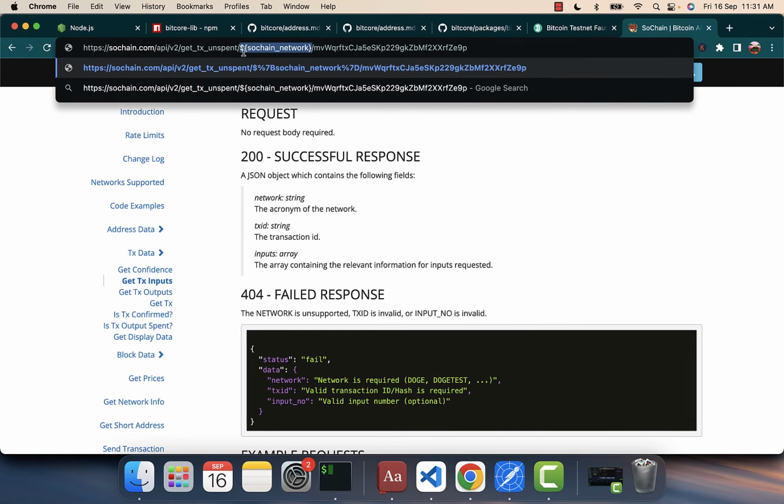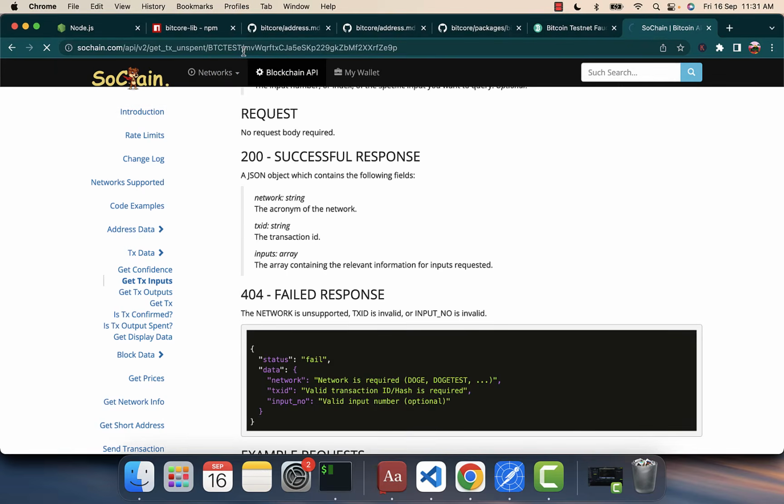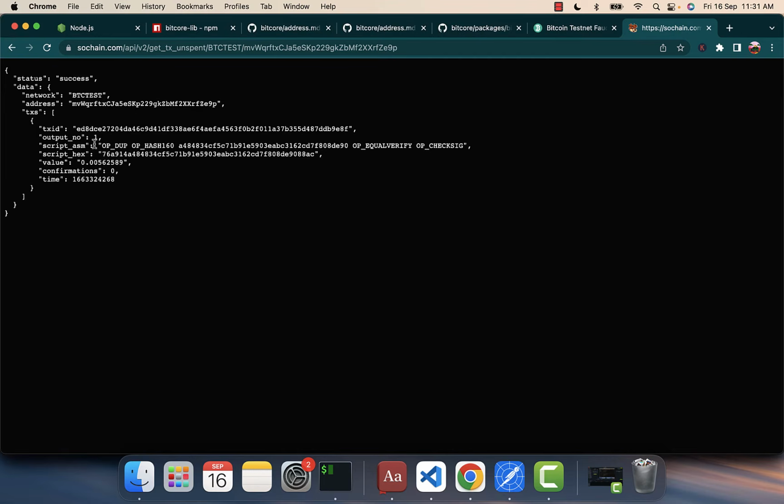Then the network. For Sochain network, we're going to use BTC test. So this returns a transaction. So it returned one transaction. This is the transaction ID. And it returns the value. So in this address, we have just one transaction, one unspent transaction. So if so many transactions came into this address, they'll be added to this array as transactions. But right here we have just one transaction